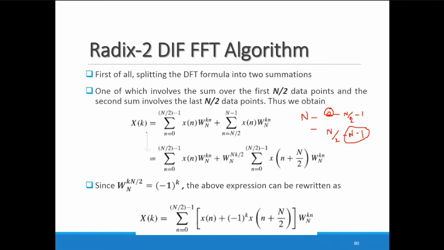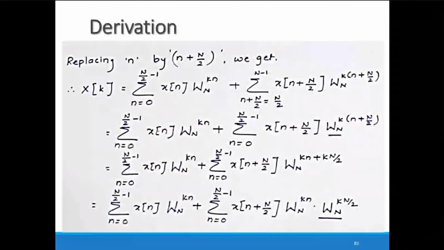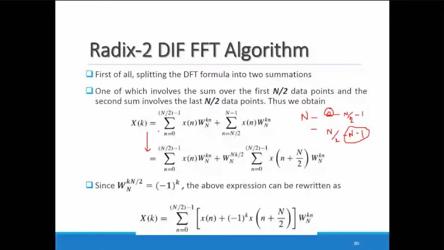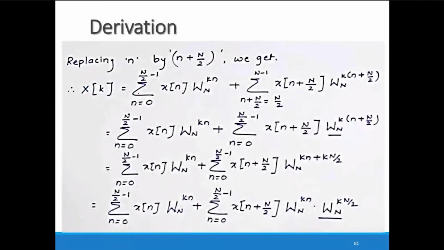It is not given in your book. Please note down the simplification of this expression. Here, first of all, whatever term x of n we have written, this n is replaced with n plus N by 2. I am replacing this term n with n plus N by 2. So just write down this simplification. Replacing n by n plus N by 2, we get